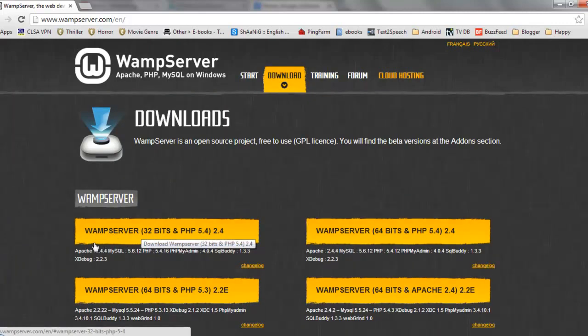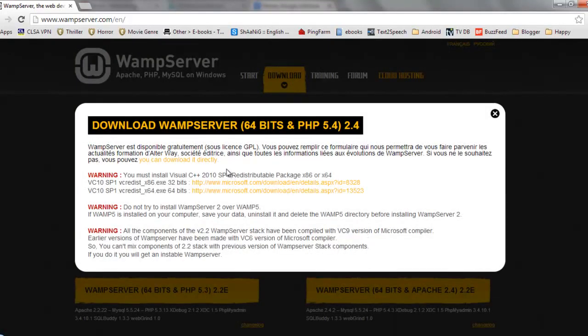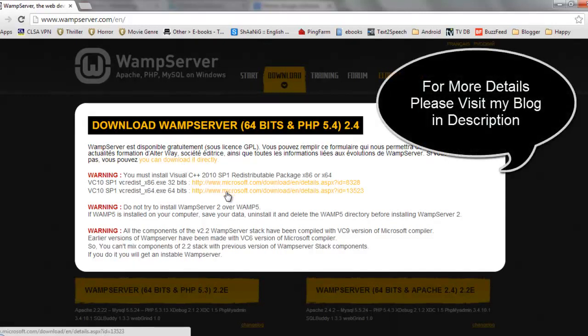Now, as per your computer, if it is a 32-bit or 64-bit, download the required version. My PC is 64-bit, so I'm going for the 64-bit WAMP server.